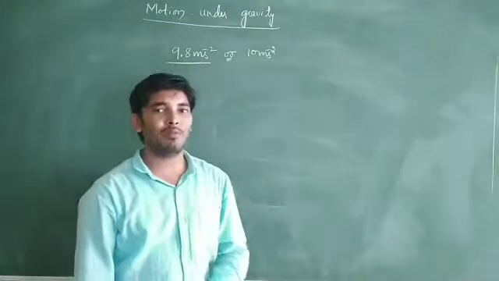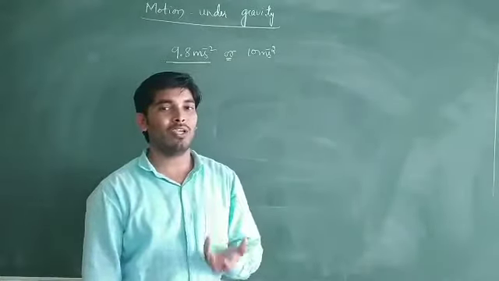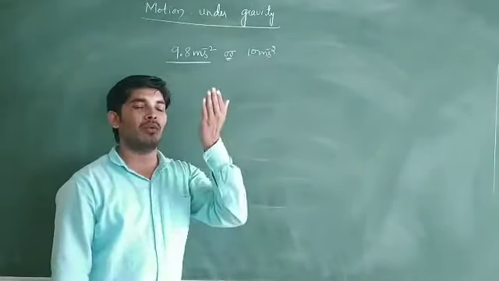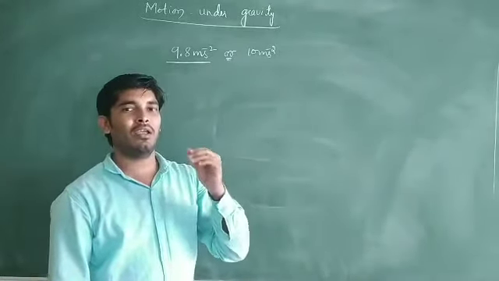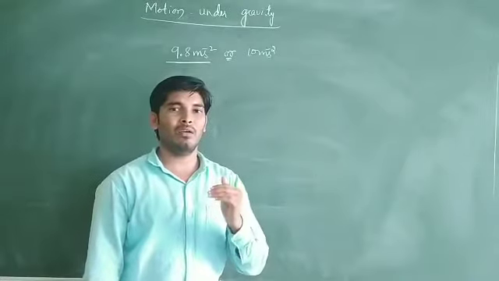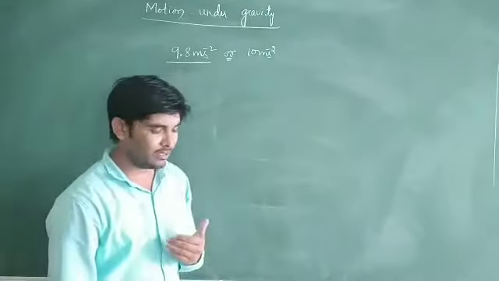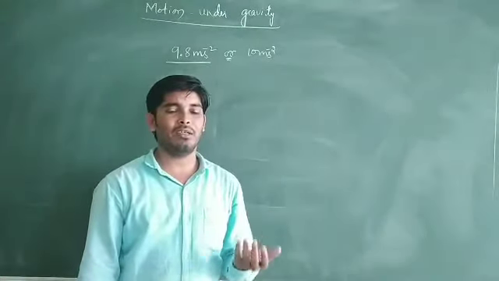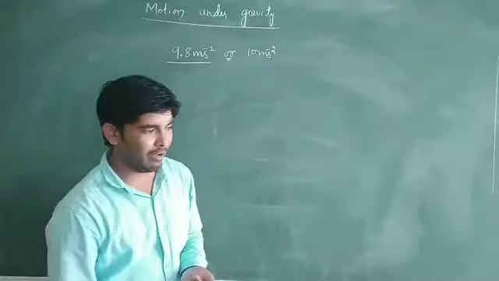When a body is projected vertically upwards, that body is moving with a uniform retardation. So when a body is moving in the vertically upward direction, its velocity goes on decreasing by an equal amount in equal intervals of time. Thus, a freely falling body is considered an example of motion under gravity.